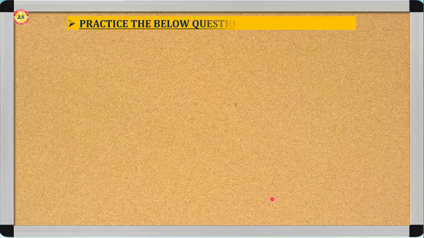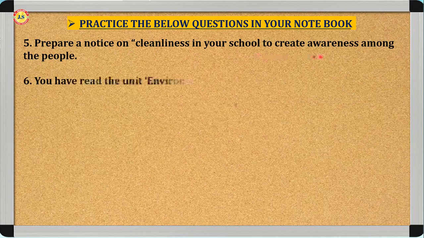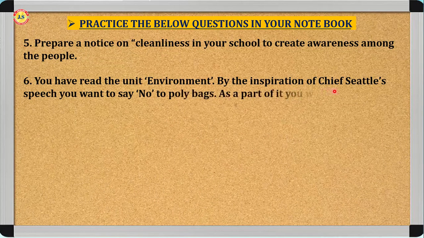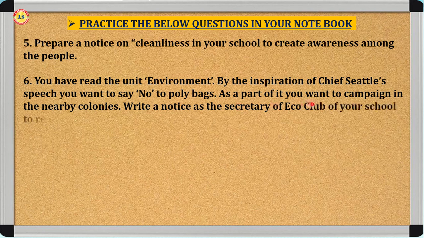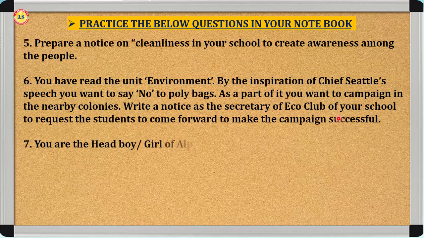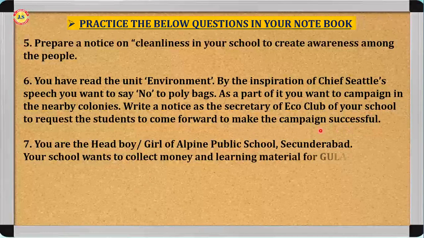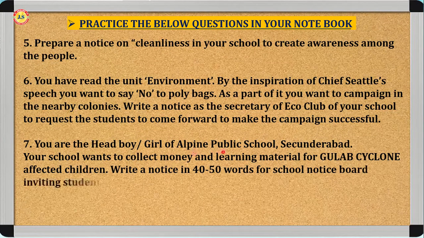So I'm going to give you some more questions, so you have to practice the below questions in your homework notebook. Fifth one: prepare a notice on cleanliness in your school to create awareness among the people. Sixth one: you have read the unit environment, inspired by Chief Seattle's speech. You want to say no to poly bags. As a part of it, you want to campaign in the nearby colonies. Write a notice as secretary of the Eco Club of your school to request the students to come forward to make the campaign successful. The last one is here: you are the head boy or head girl of Alfin Public School,